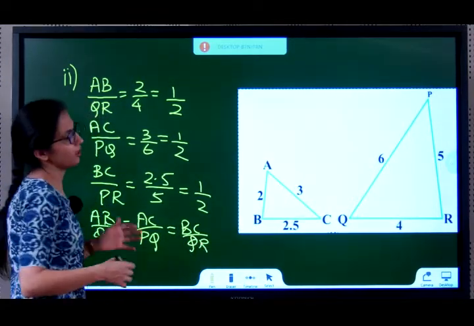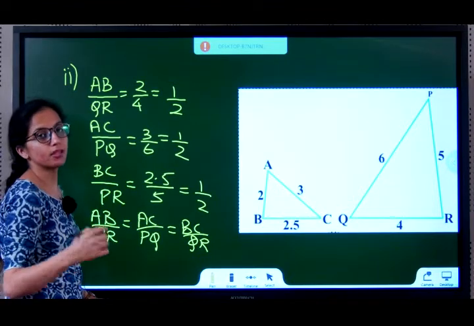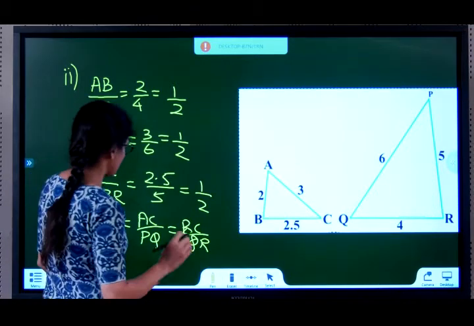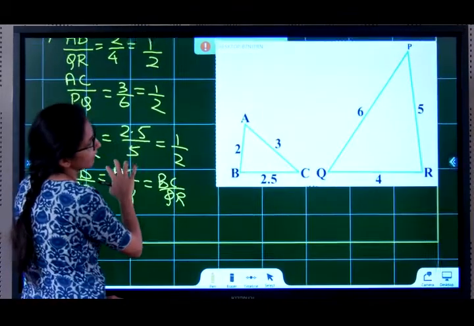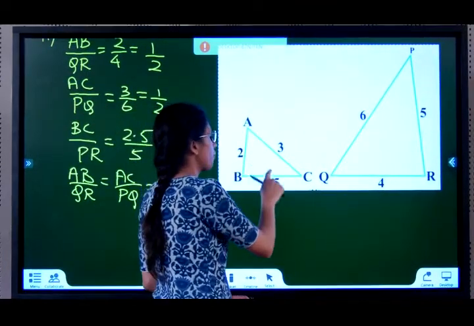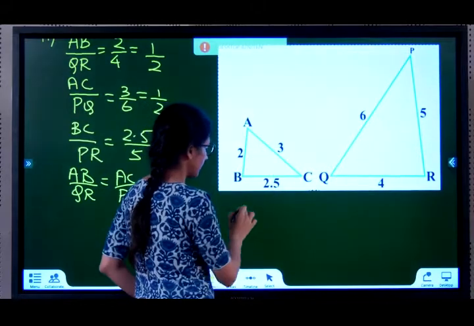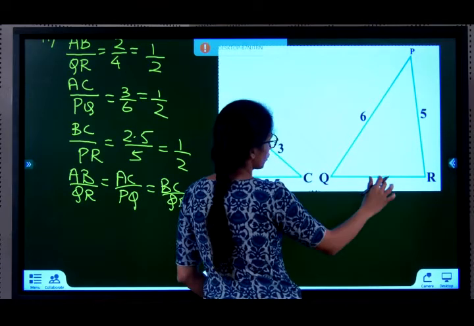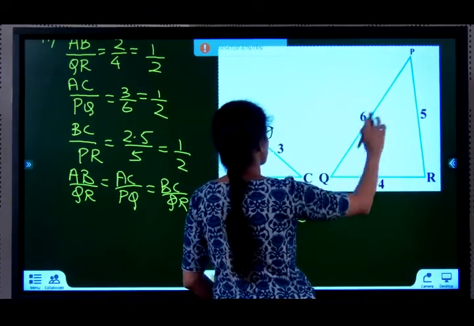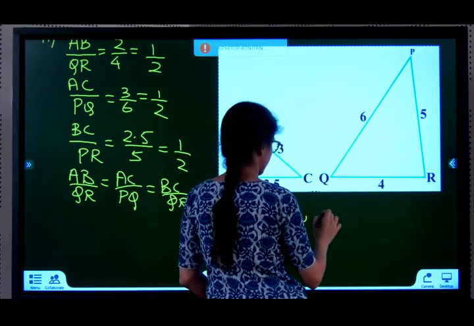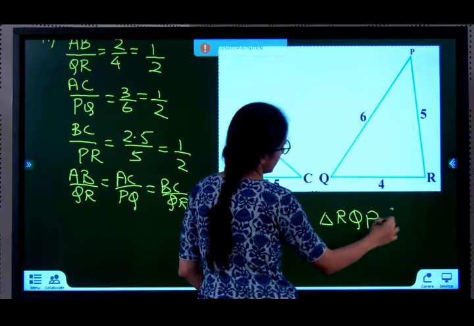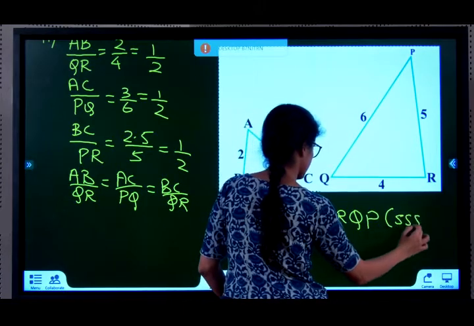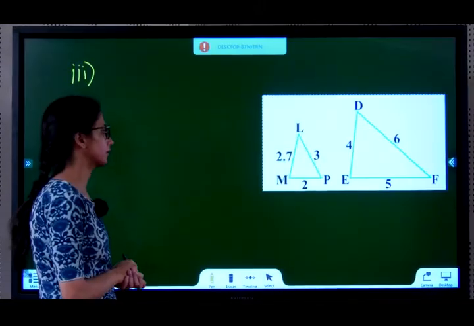If three sides of a triangle are proportional, then we can say the two triangles are similar by what property? SSS similarity criterion. Now the question here is, what about the naming? I am going to go from 2, 2.5 and 3. So triangle ABC is similar to 2, 2.5 and 3. 2 corresponds to 4, 3 corresponds to 6 and 2.5 to 5. So 4, 6, 5. So RQP. What criteria is this? SSS similarity criteria. Third part,